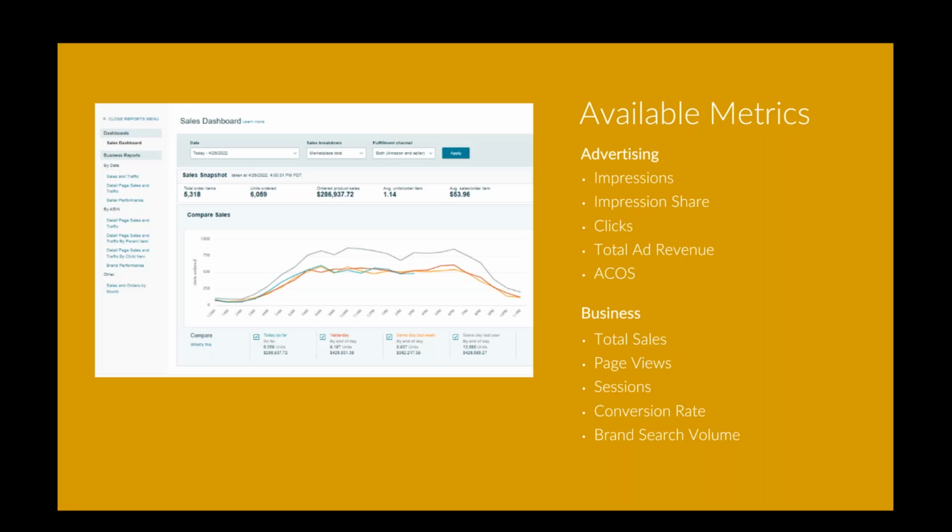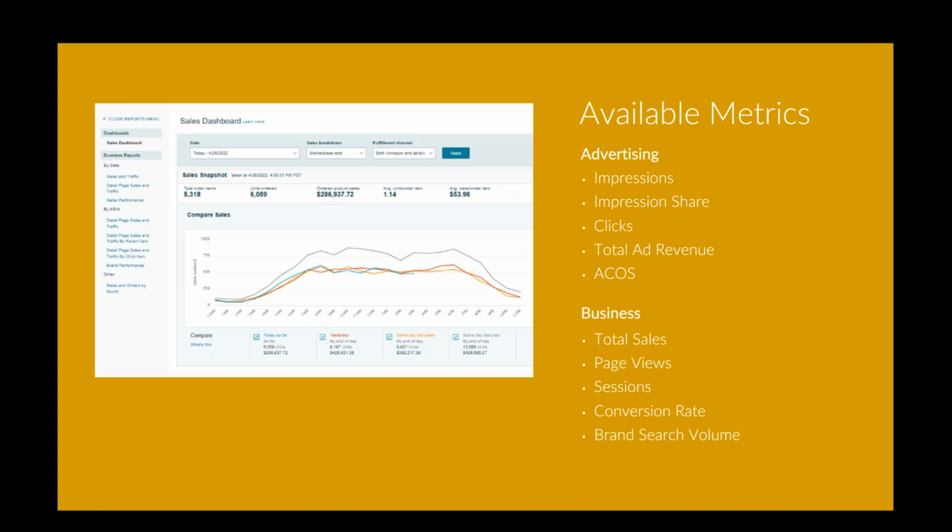As we go through the presentation, we're going to be talking about a lot of different metrics, and we're going to be looking at it primarily from the Amazon advertising lens, but then also from your total business lens as well. We've listed out here some of the available metrics that we really use to track growth. When we think about growth, typically we're thinking about orders, sales, units, the obvious metrics that would point to: is my brand's sales growing on Amazon?